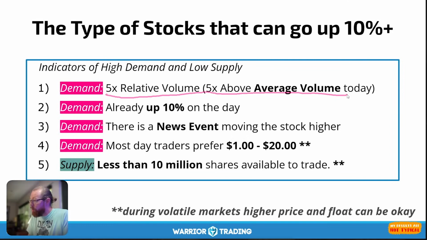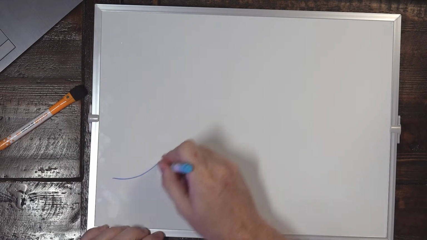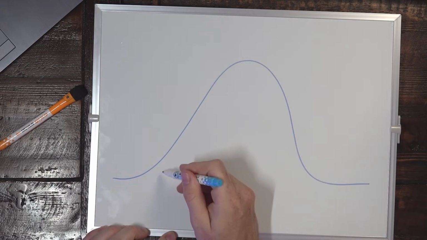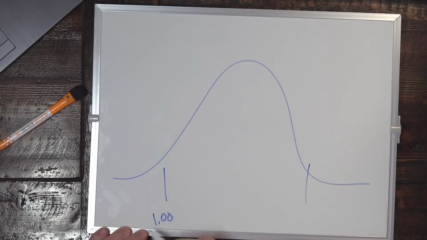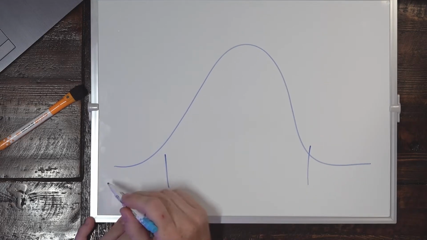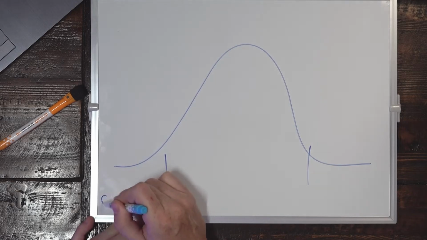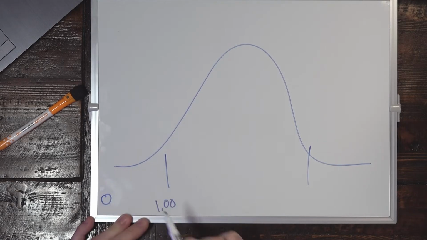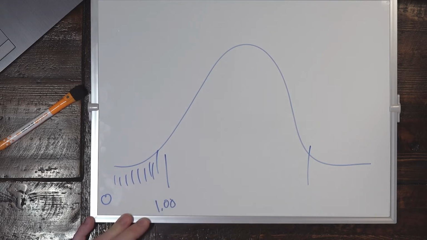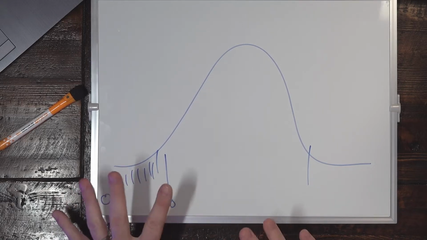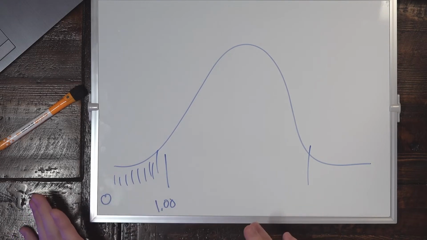Okay, so I don't want to trade stocks, for instance, and I'll show you this whiteboard. I'm not going to trade stocks that are below $1 a share. All right, so this is $1 a share right here on the low side. So down here, this is 0. All right, so these are penny stocks down here. I don't trade these a lot because they're very difficult to trade. I often find that these penny stocks are just shady. I don't trust them, and I don't want to get caught up in them.